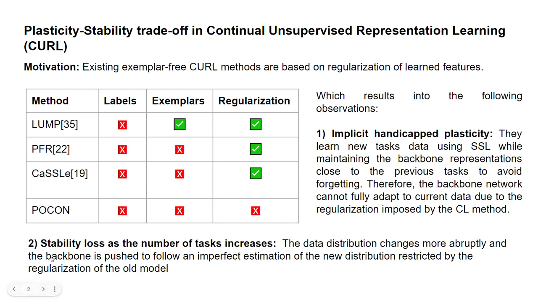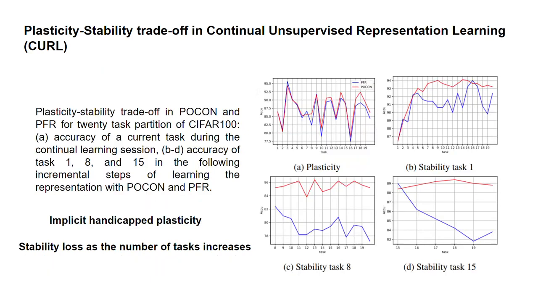And the second one is that you have a stability loss when the number of tasks increases, because there is little data available per task, and the self-supervision is going to be really imperfect. So there is going to be a lot of drifting, and it's going to move your previous representations a lot if you use regularization. As we can see here, we have plasticity and stability plots for a 20 task split of CIFAR